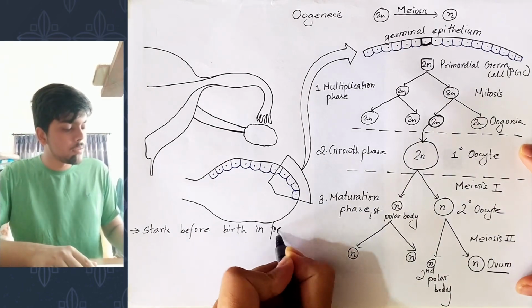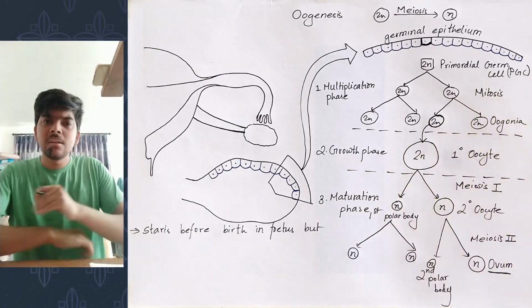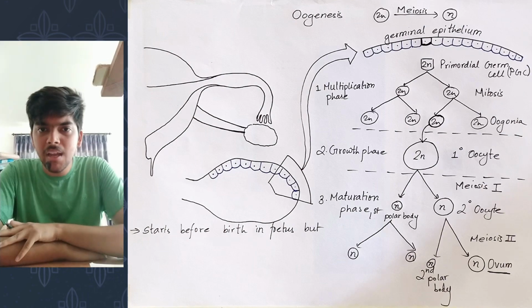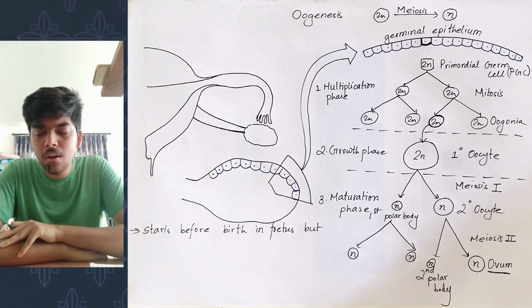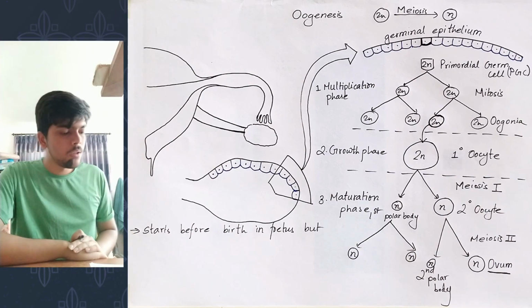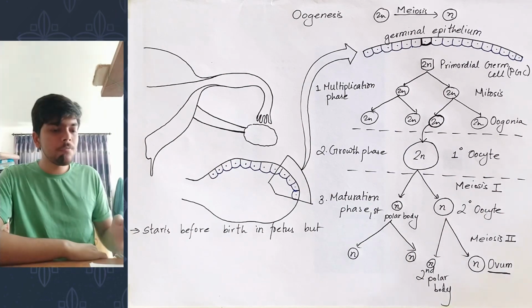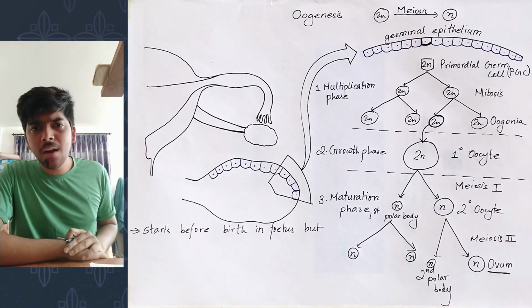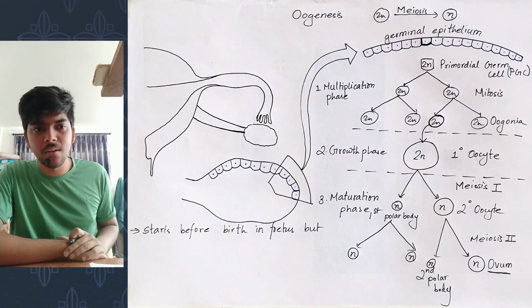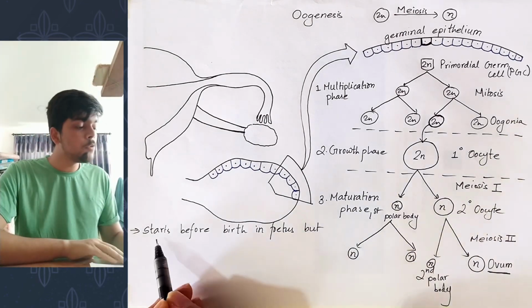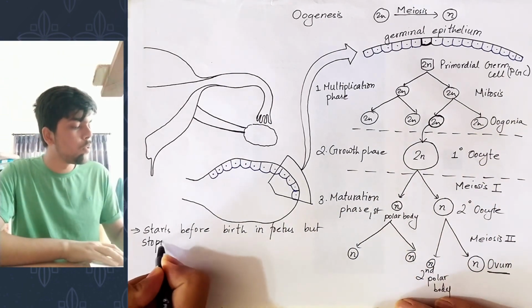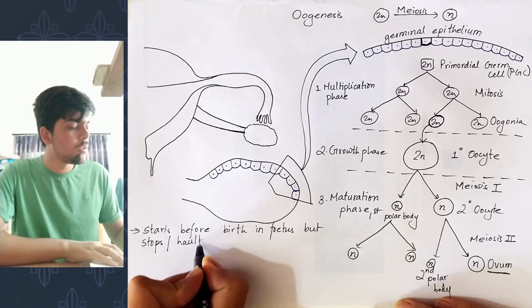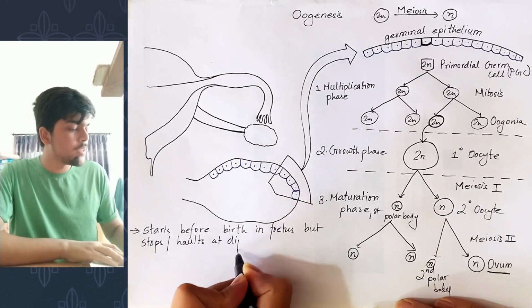it starts in fetus, but can a girl fetus get impregnated? Or hypothetically speaking, can a girl baby get impregnated? No, obviously not. But why? Even though the process of egg formation has already started, why can't she get impregnated before puberty? Sure, the process of oogenesis starts before birth in the fetus, but it stops or halts at diplotene phase